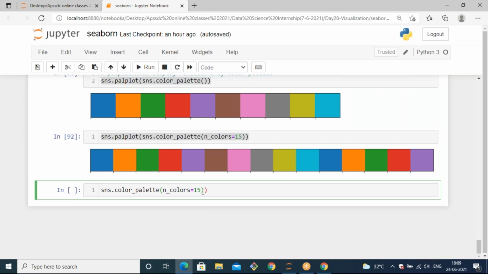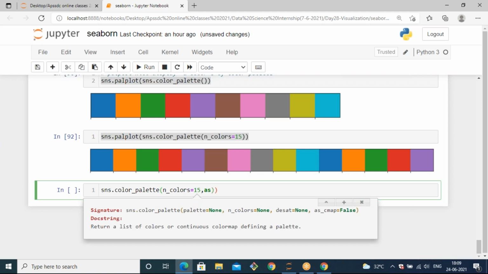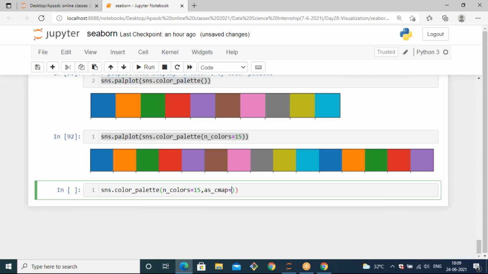But if you want to generate matplotlib color combinations, you can use as_cmap and make it true